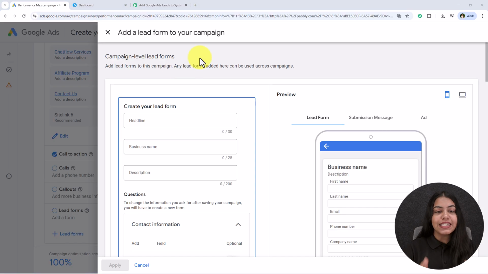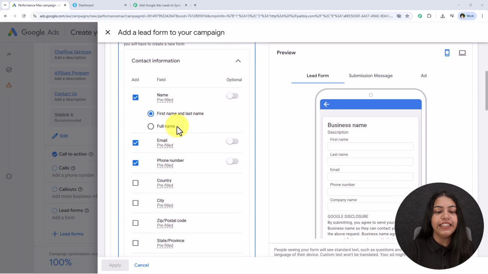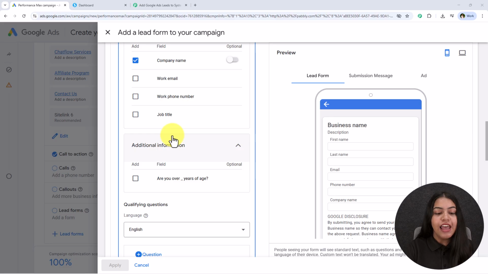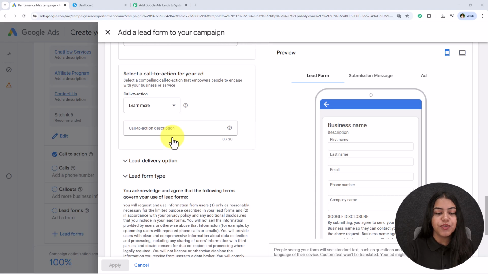Alright, so as you can see that my campaign is in draft mode and this is the campaign in which I've added the lead form. Not only added the lead form, but I've also selected the details which I want to collect from this lead form over here. Now after doing this, what you have to do is you have to scroll and go to